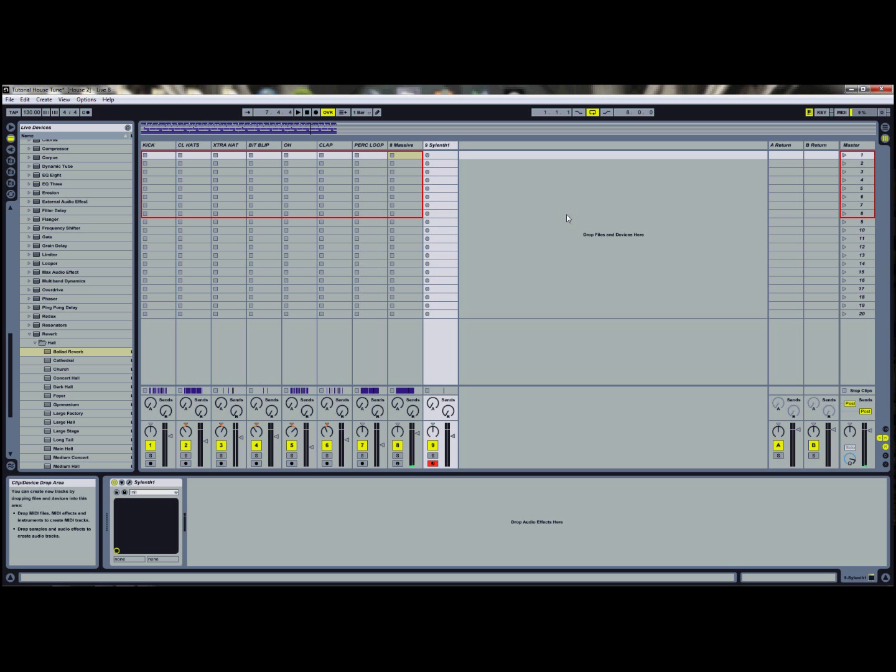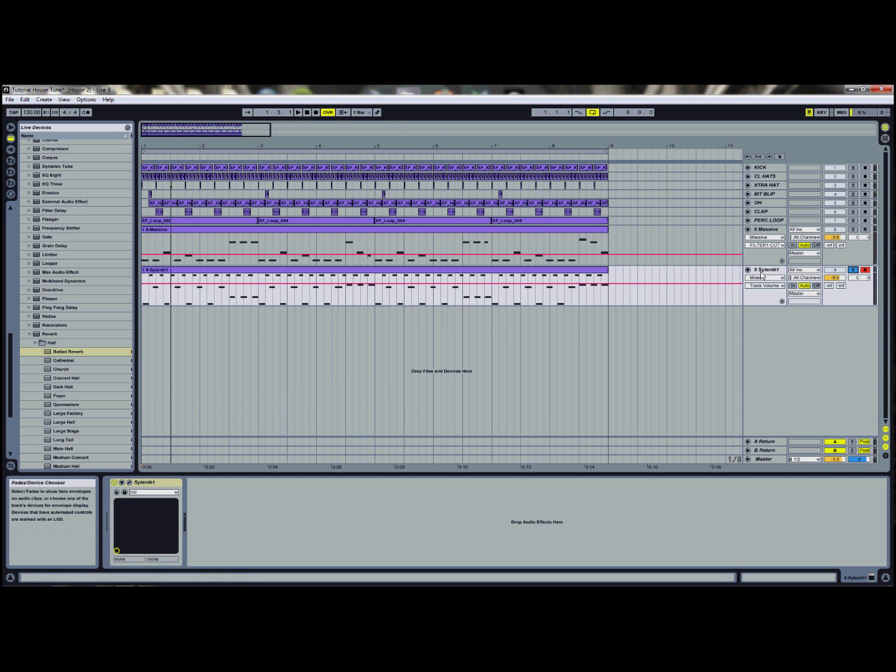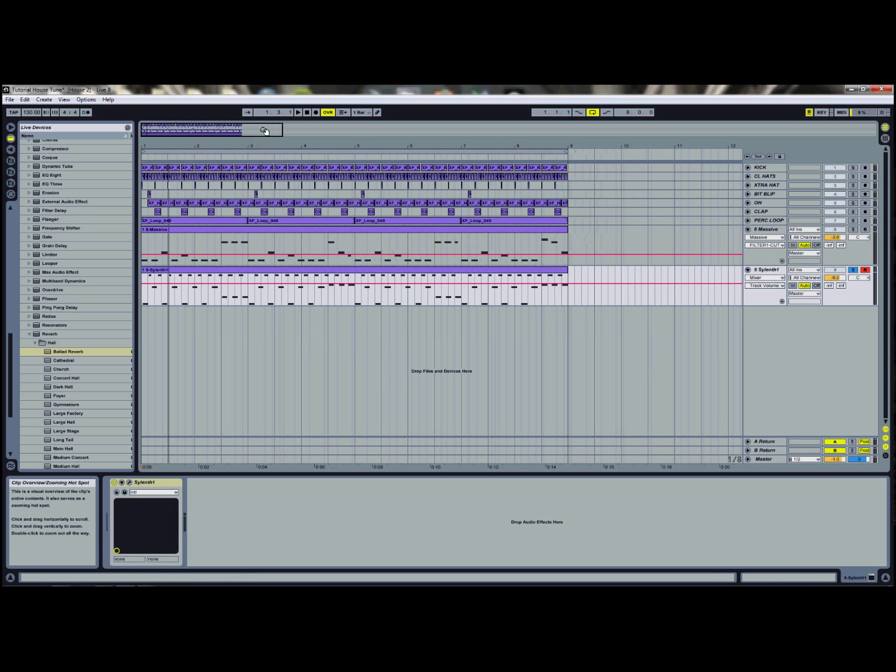Actually sounds quite nice playing this sort of open pattern. So I think I might record something like that in actually. Let's see what we can do. Okay, there we go. So just come up with a kind of a little progression. Doesn't go very far in terms of chords, but